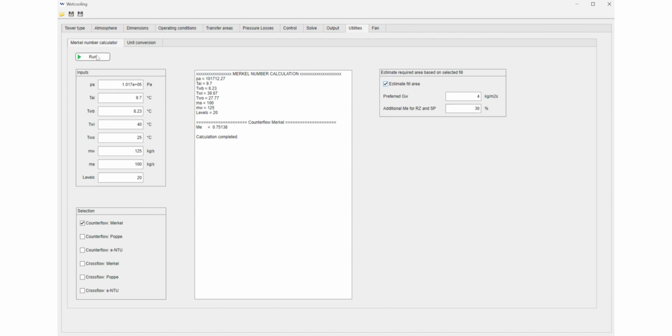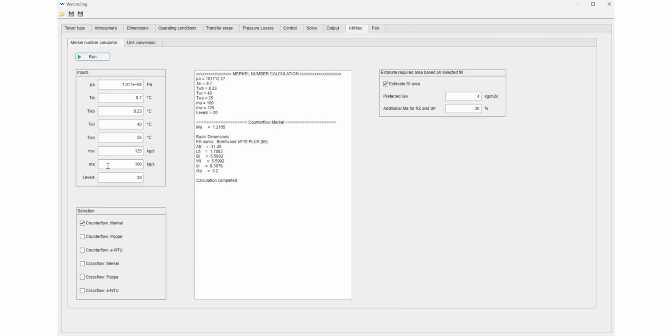And if we say Run, after we have selected estimate fill area, it will give us the Merkel number that it calculated from these values, and then it will go look at the fill and then calculate the dimensions of the fill necessary to get to the preferred water mass velocity,